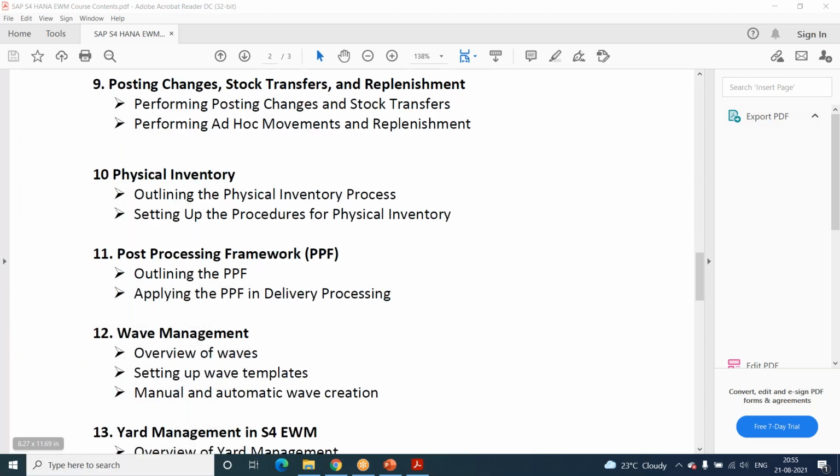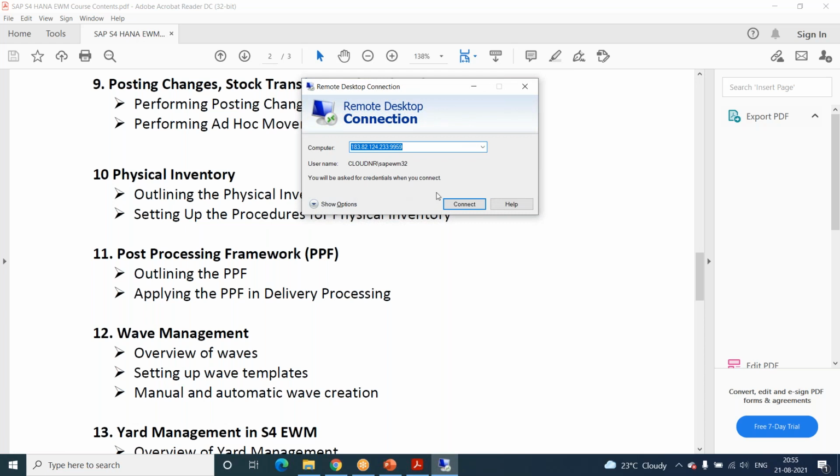So again, are we doing any QM part here? No, I will explain to you about the quality inspection engine in the EWM, but that requires the integration with the QM module. If you are a QM consultant and you already know the QM side of it, then we can together set up the QM EWM integration. Because I only know the MM and SD side. I have no idea about the PP and QM side of it. Okay.